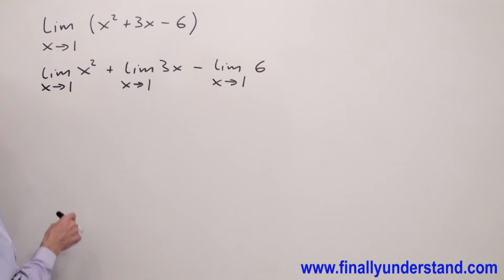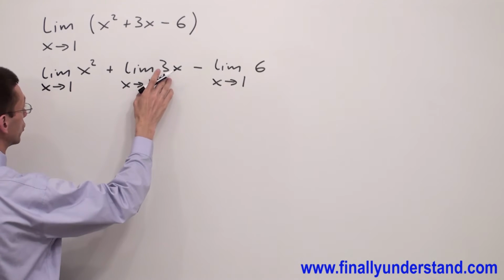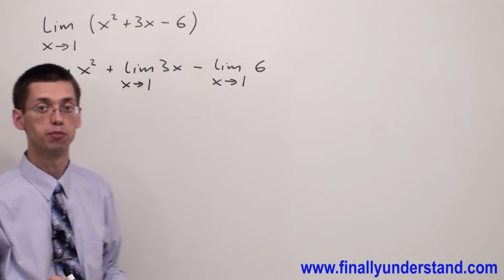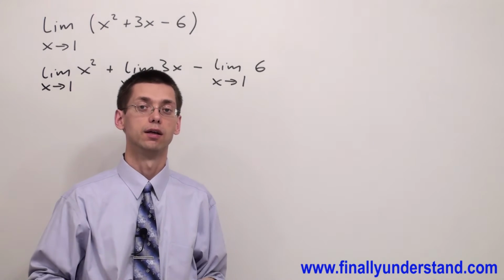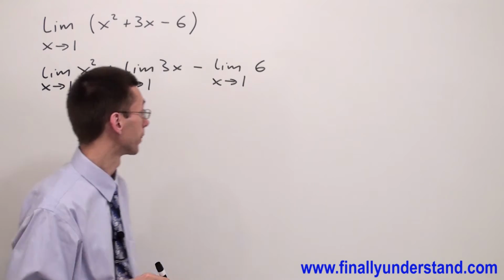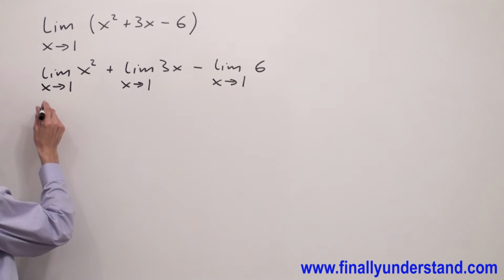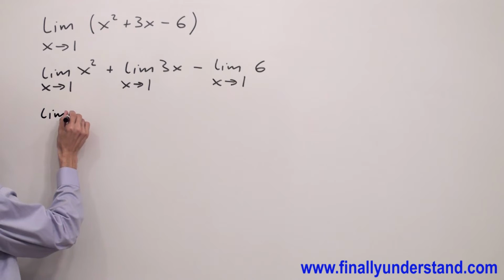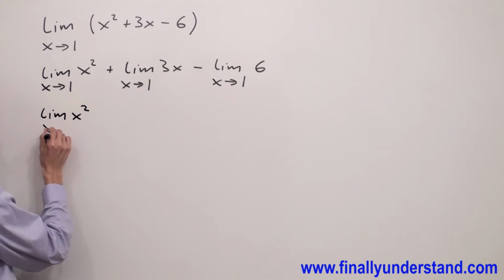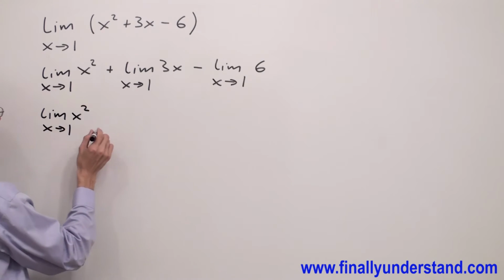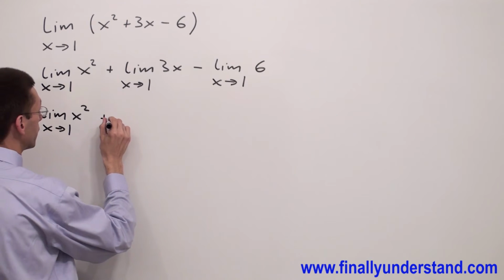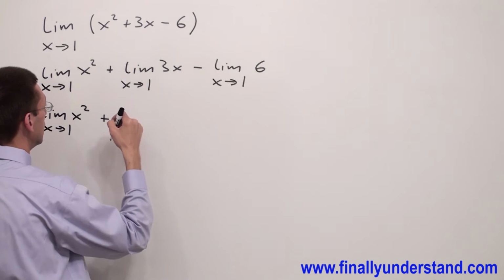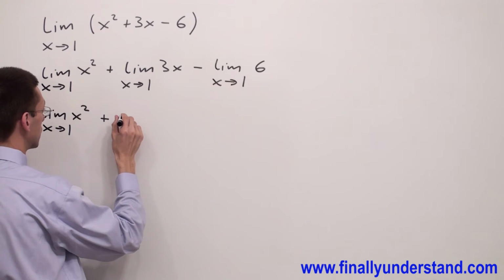Now, if you want to go further, you're supposed to realize that this is a product. We said that the limit of the product is the product of the limits. What I mean by that? We can go further than that. Let's copy everything we are not going to use at this moment. I have limit of x to the second power with x approaching 1, plus, and we have a product. We said that the limit of the product is the product of the limits. So I'm going to have the limit